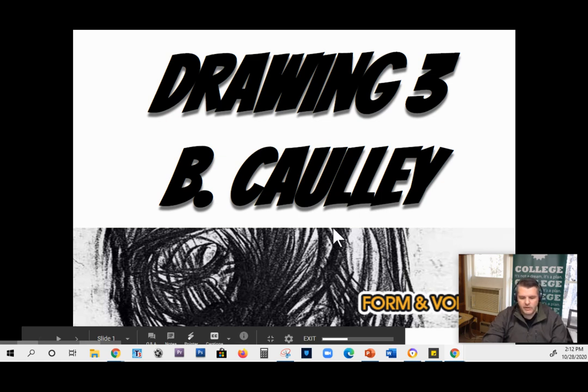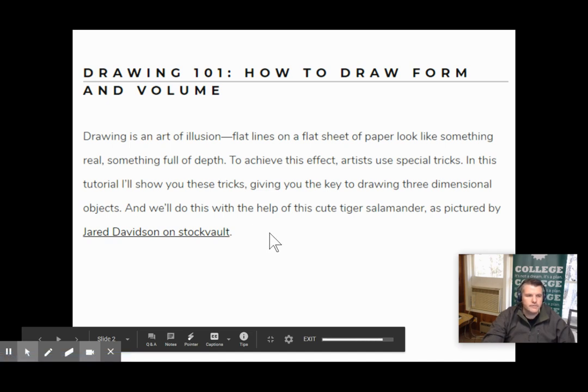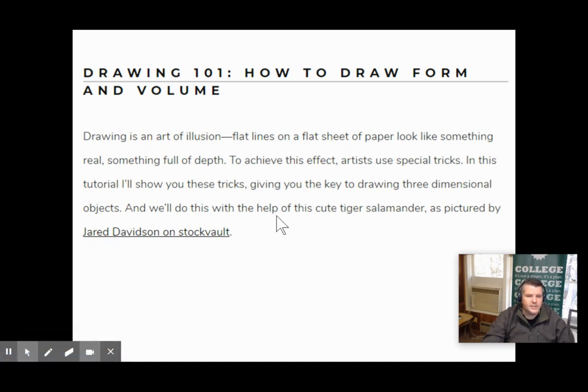All right, so we're talking about form and volume. So drawing 101, how to draw form and volume. Drawing is an art of illusion. Flat lines on a flat sheet of paper looks like something real, something full of depth. To achieve this art effect, artists use special tricks and in this lesson, I'll show you these tricks, giving you the key to drawing three-dimensional objects, and we'll do this with the help of this cute tiger salamander